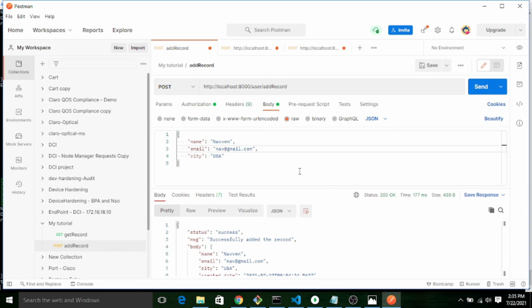Okay, so in this way I have shown to you how we can implement authentication with our Node.js REST API. In my upcoming videos I will also tell you what other security features we can add with our Node.js application. So I hope you will like this video. Now you will get some basic idea regarding this JWT token implementation with our Node.js REST API. So now you can get some learning from it.